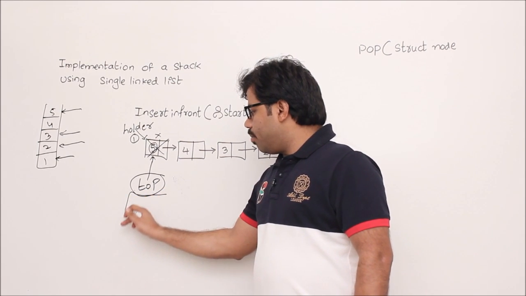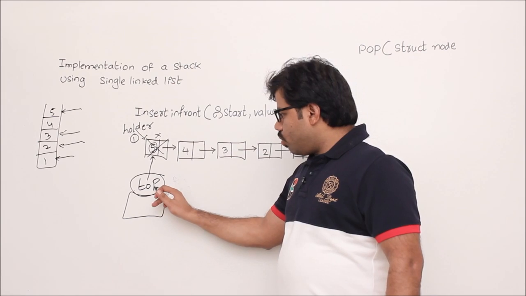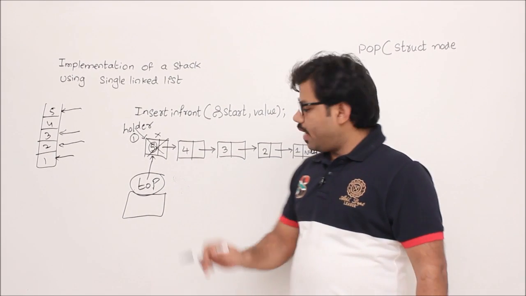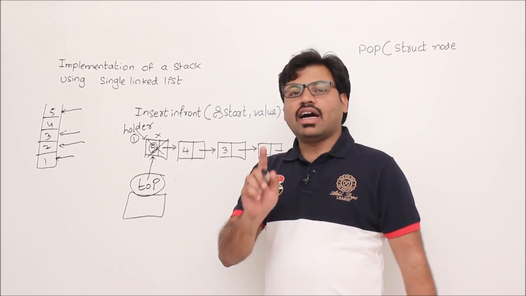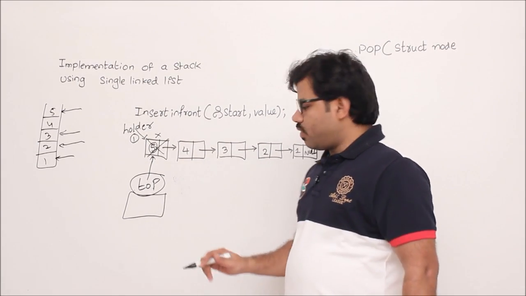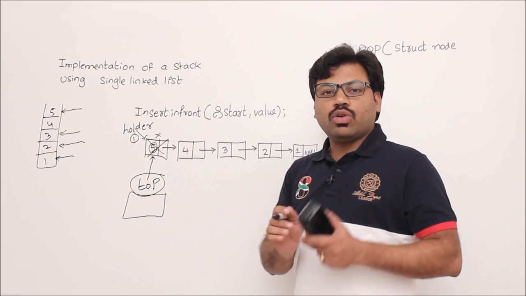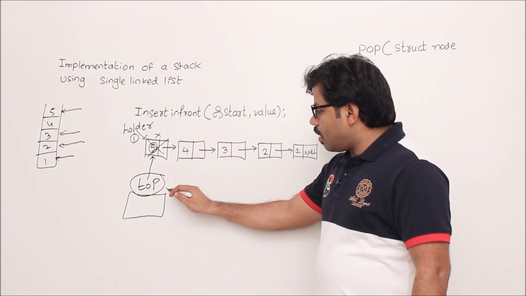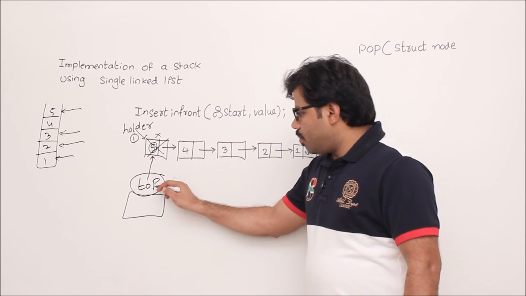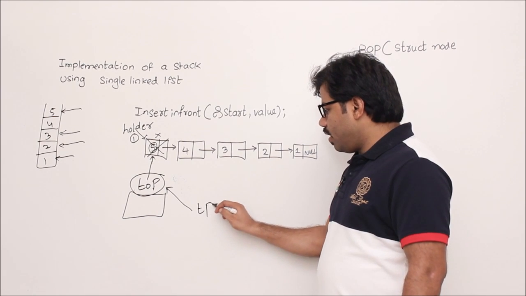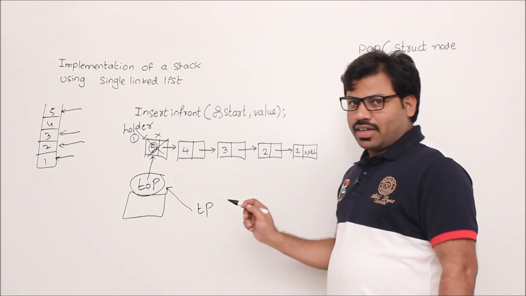Blindly remember in C programming, whenever you want to modify any variable, for example here you want to modify the top variable, then definitely we have to send the address of top. There is no escape. Okay, so we are going to send the address of top, remember it. Now I would like to discuss some pointer modifications. Example, somehow you passed the address of top to another variable. Let's say that variable is TP.